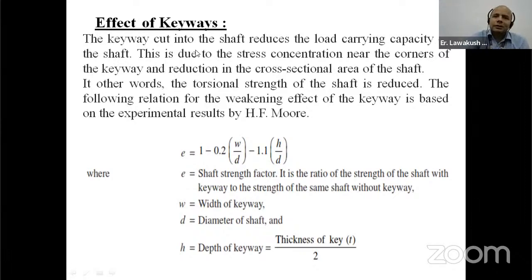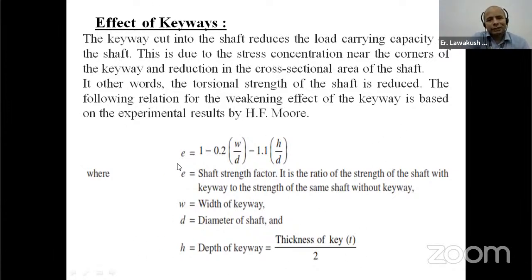The keyway cut into the shaft reduces the load carrying capacity of the shaft. This is due to the stress concentration near the corners of the keyway and the reduction in the cross-sectional area of the shaft. In other words, the torsion strength of the shaft is reduced. The following relation for the weakening effect of the keyway is based on the experimental results by H.F. Moore. This is the formula for the